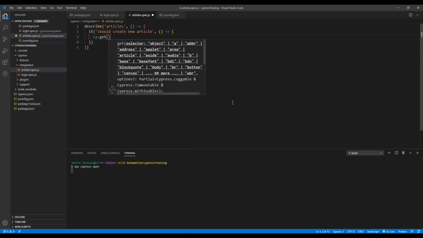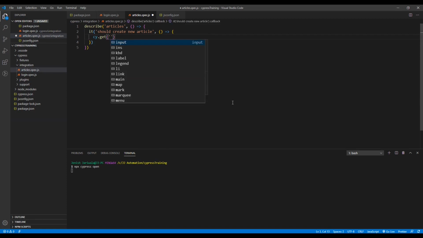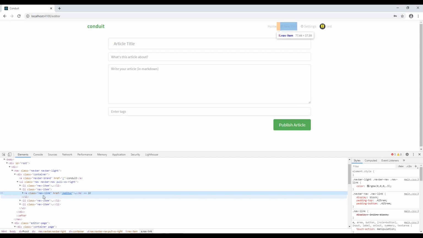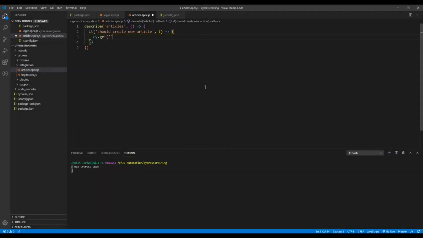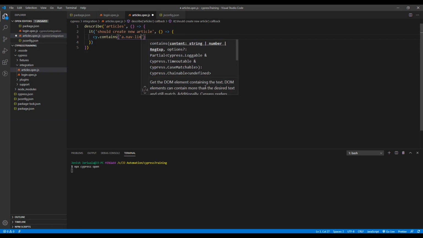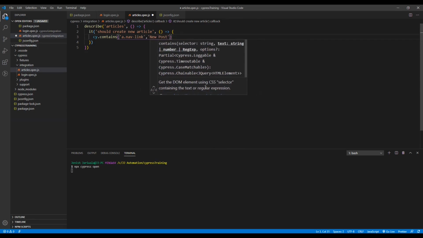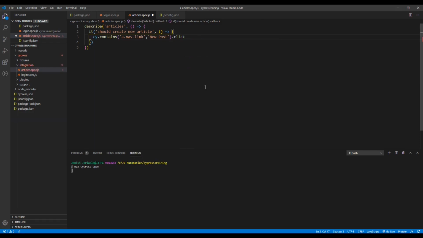For that, first we need to click on the new article. Going back to the application, we have the same a tag nav-link that contains the value new post, which we would be using: cy.contains a dot nav-link having the value new post dot click.